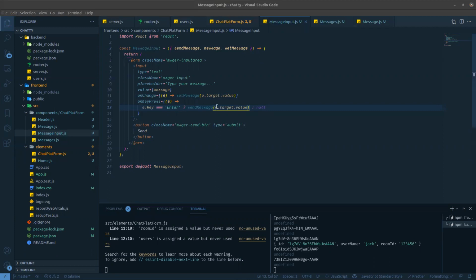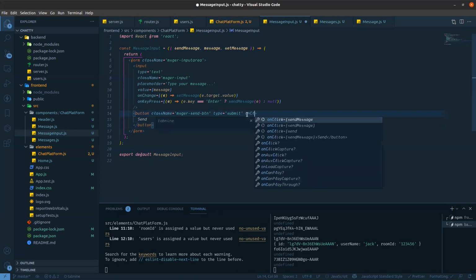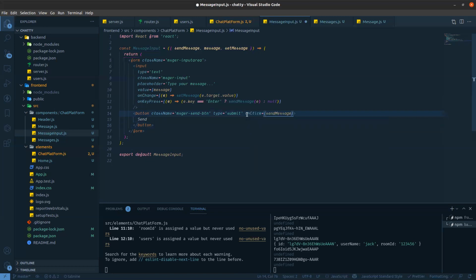Here we just need to send e, because on change event we already set that message. So it's done. And then on click method also we need to send that message event. Yeah, it's done now.